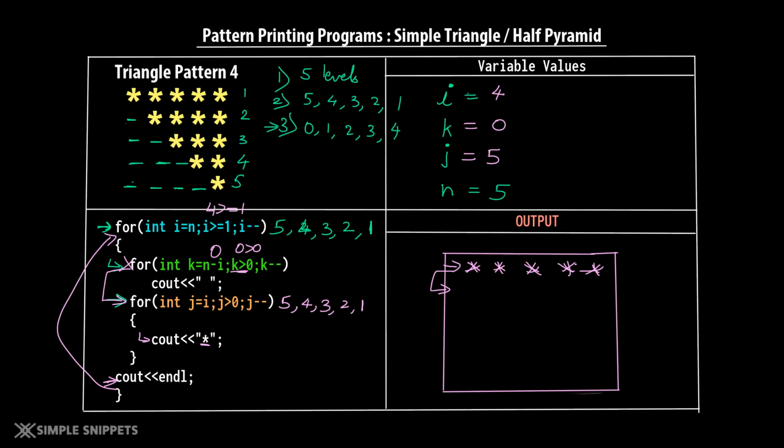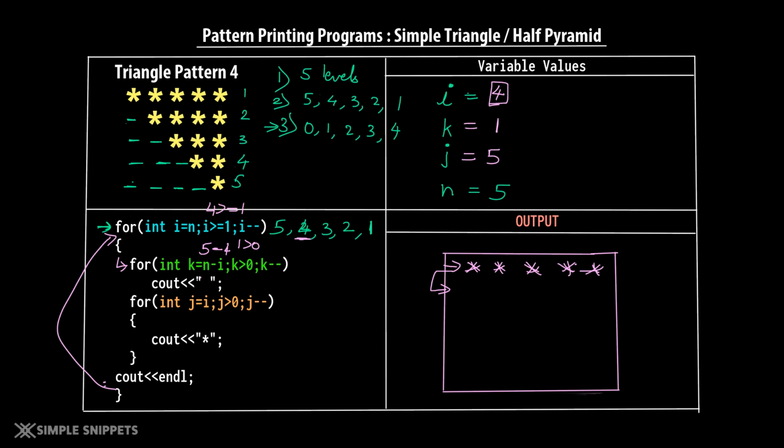That is inside the outer for loop. Now this time the first statement for the outer for loop is this one more for loop which says k equals to n minus 1. N of course is gonna be same, which is 5. But now the I value has become 4, right? You can see we've tracked over here, I has taken the value of 4. So 5 minus 4, now k will become 1. Now this k value corresponds to the spaces that we want. So when k is 1, 1 is greater than 0.